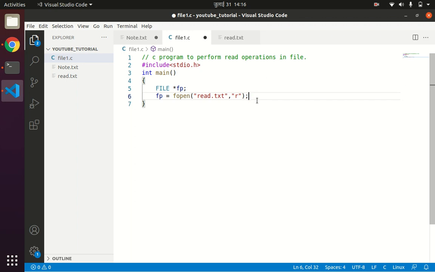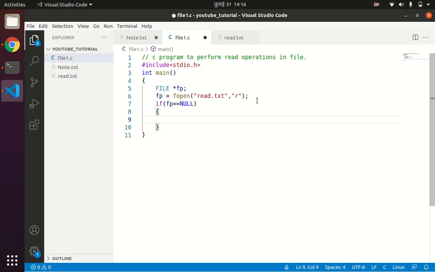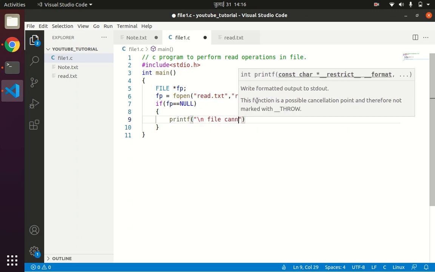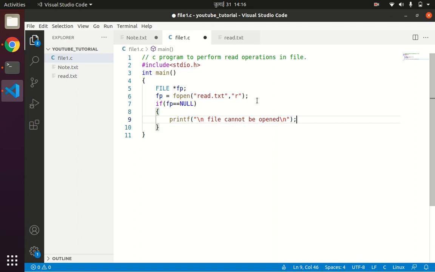So first we'll check if our file has opened successfully or not. So if fp equals NULL, means for some reason the file is not opened, for example if you do not have permission to open the file, or if you have logged into the system as a guest, it will not give you permission to read or open the file. In that case, the fopen function will return the null value. So we'll handle that and printf "file cannot be opened", and we'll exit the program. Else,